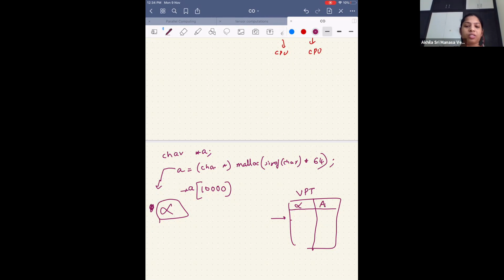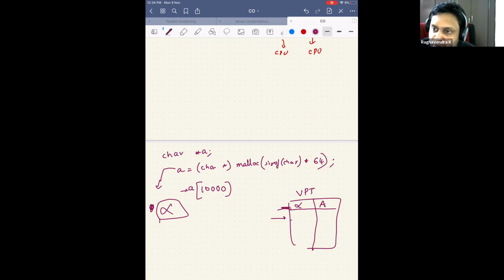It is not within the bounds; you are accessing something you have not asked for, not allowed to access. You are moving away from one segment to the next segment, which you don't have access to. That is why it is called a segmentation fault.